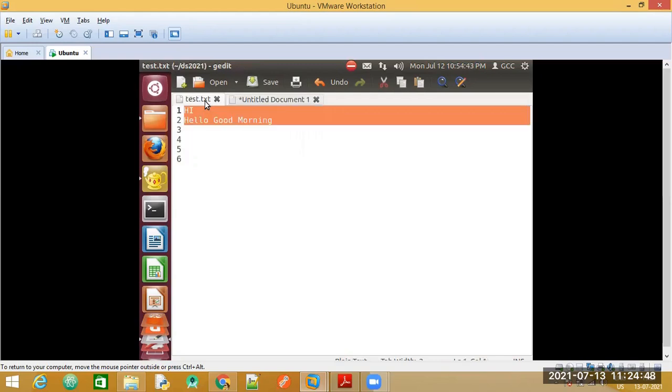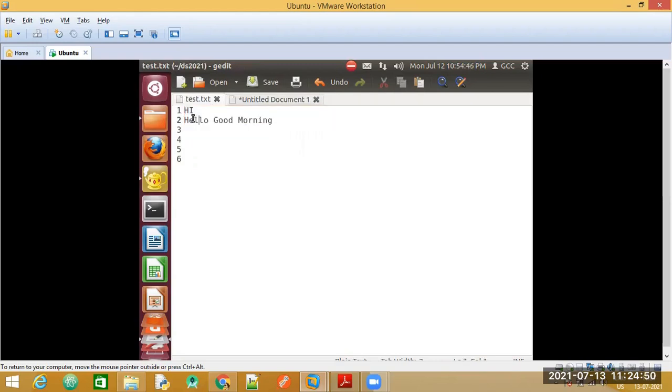For example, the getc function first reads the first character, that is h, and this character h is stored in a variable. Next time it will read another character, i, and store it.